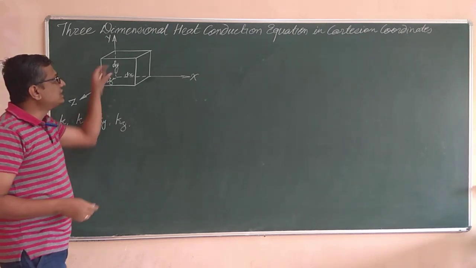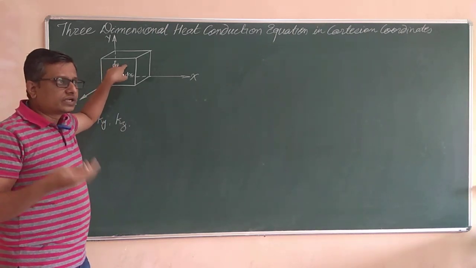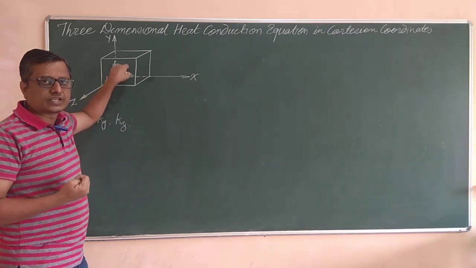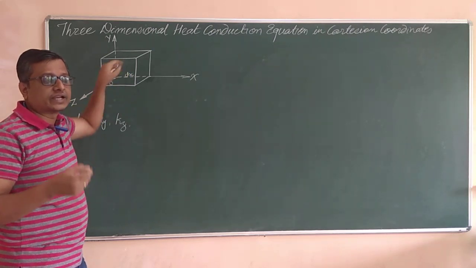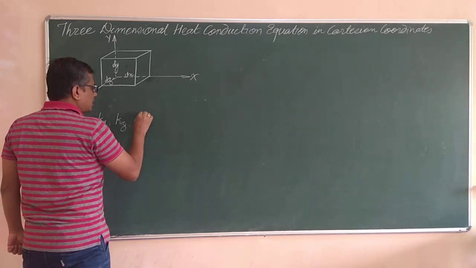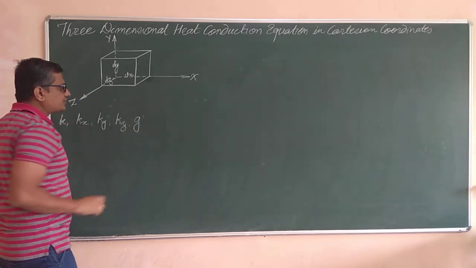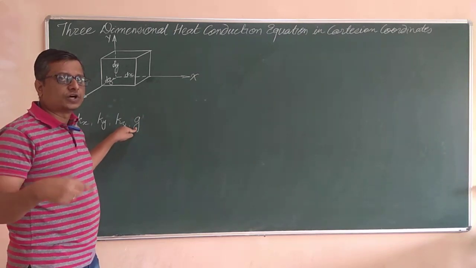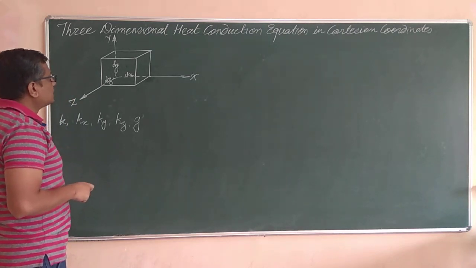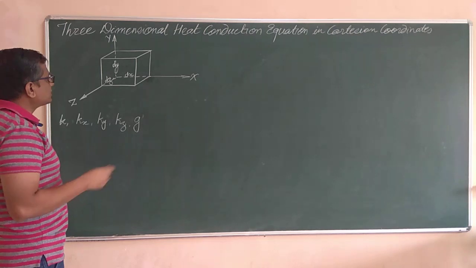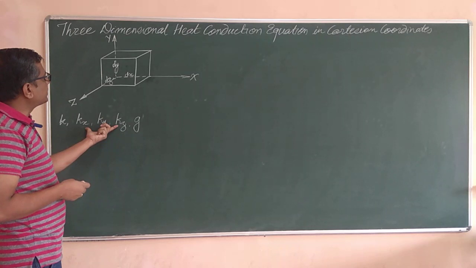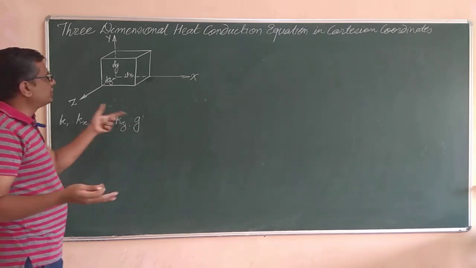Next, there exists some internal heat generation in this element. Internal heat generation may be due to anything: it may be some chemical reactions taking place inside it, or some electrical heating wire kept inside it that is generating heat on its own. If I consider that, I would like to name it G, where G stands for the heat generated per unit volume of that element. So that's what the term G is. Obviously now, as we have taken it as non-isotropic material, every parameter will have different values in different directions.